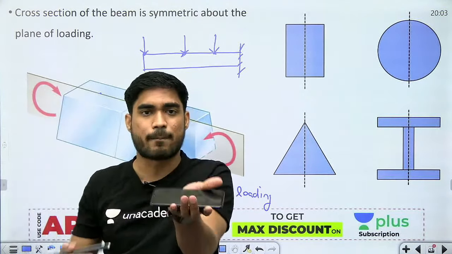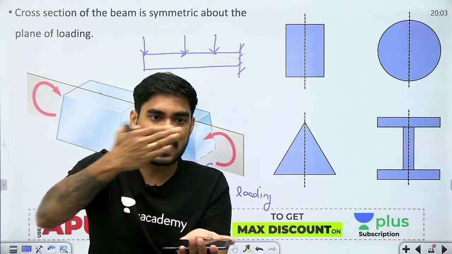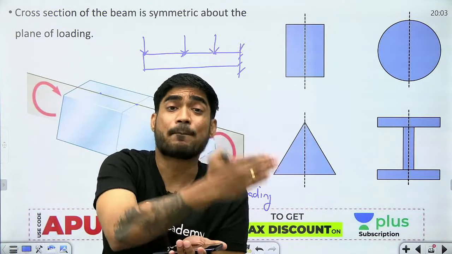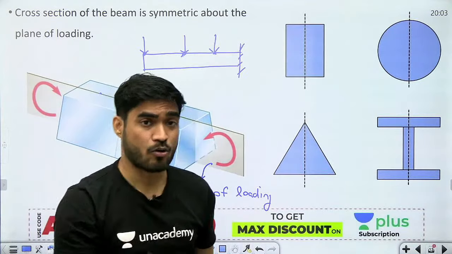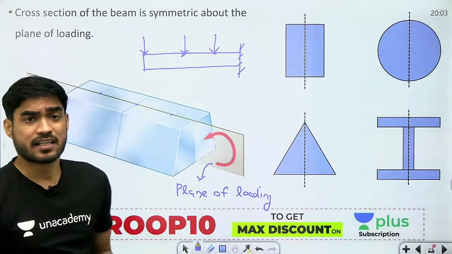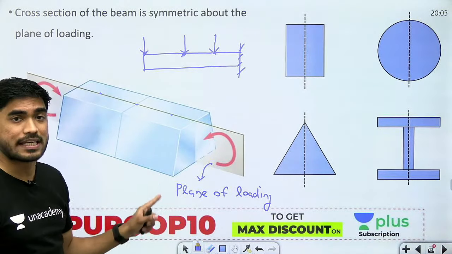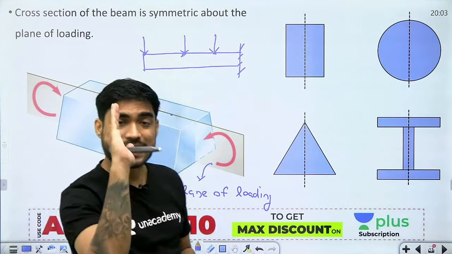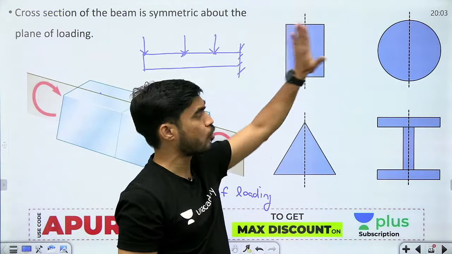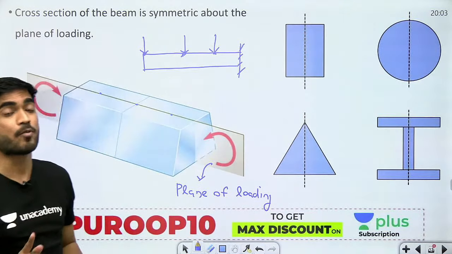मतलब मान लो this is your beam, इसको अगर मैं सेंटर से कट करूं एक प्लेन से, if I cut this beam from center using a plane, then that plane is the plane of loading. Now according to this assumption, I am assuming that the beam is symmetric about this plane of loading. यानी ये जो plane of loading है ये कहां आना चाहिए, exactly सेंटर पे आना चाहिए बीम के क्रॉस सेक्शन के. Now this is very important, ठीक है, ये पॉइंट बहुत इंपॉर्टेंट है.